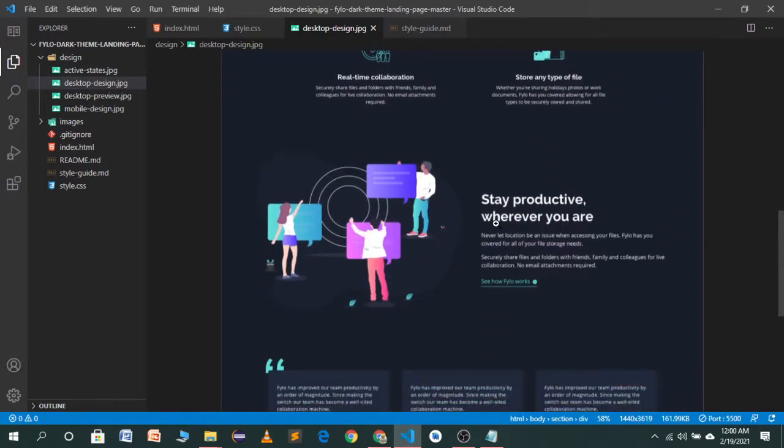So as you will see, this part of the container has an image, which is an illustration, on the left side and text on the right side.